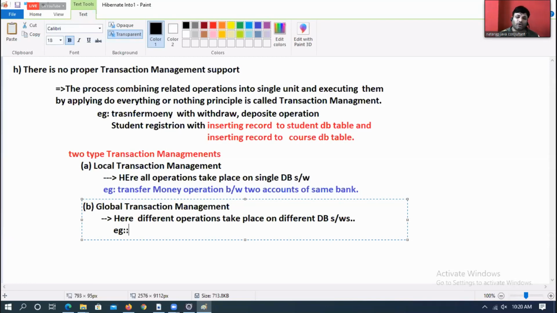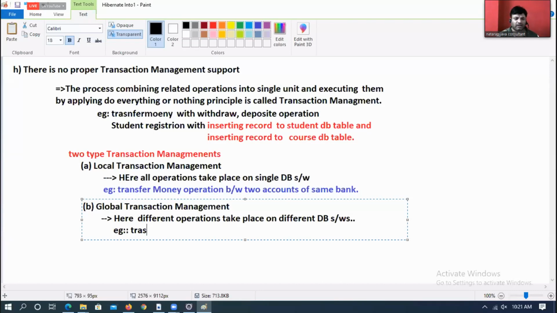Now take a transfer money operation between two accounts of two different banks. The source account is in Kotak Mahindra Bank, and the destination bank is HDFC. When they are in two different banks, two databases are involved. Applying do everything or nothing principle on more than one database software comes under global transaction management. Everyone convinced with me or not?